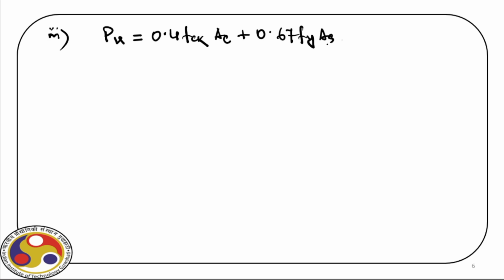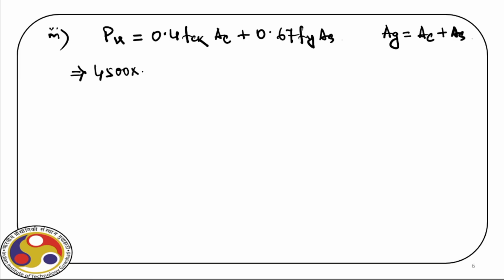So for that, step 3 is Pu is equal to 0.4 fck times Ac plus 0.67 fy times As. Now Ag, that is the gross cross-sectional area, is summation of Ac and As. So what we have here is